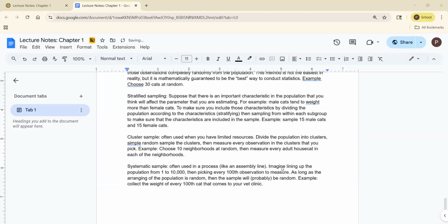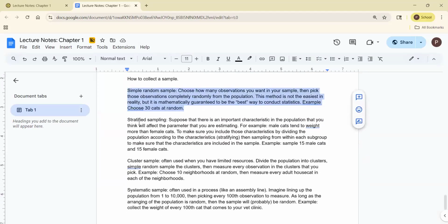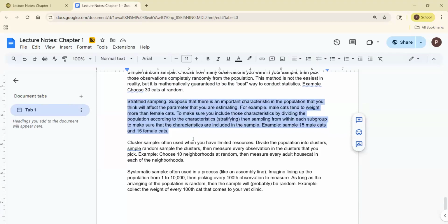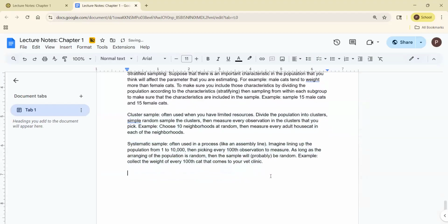All right, so we've been working from the gold standard, simple random sample. Stratified sampling I would put up there because there are often characteristics that are really important, and you want to make sure you don't miss them. Cluster and systematic samples balance resources with quality of your sample,